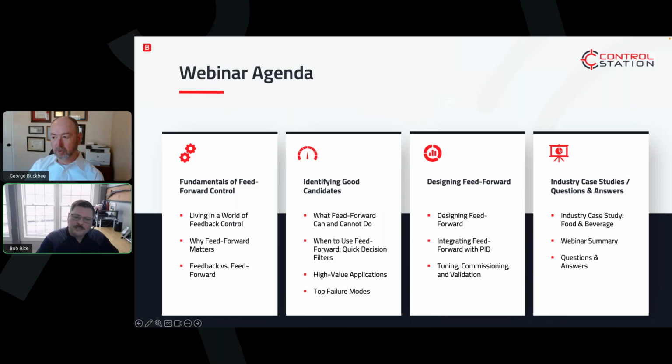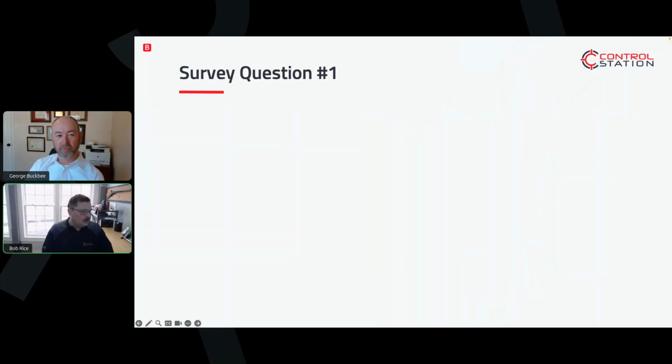And then we're going to spend a little bit of time talking about how to design a feed-forward. What are some of the tasks that you have to do to successfully deploy, manage and upkeep a feed-forward system to make sure that it's actually driving value. And we'll go through a quick case study in the food and beverage space and a Q&A at the end. Go ahead, Vera, and we're going to start with a survey question